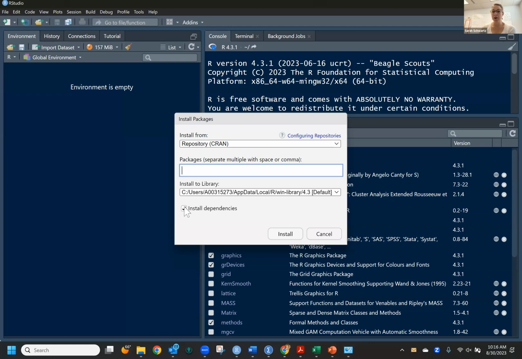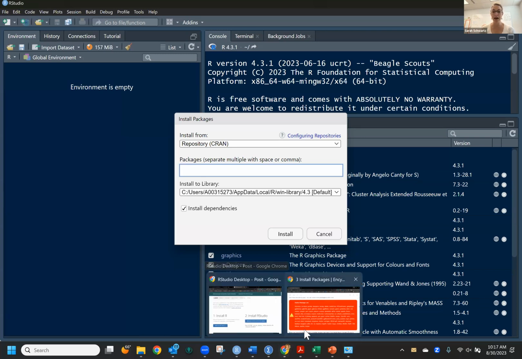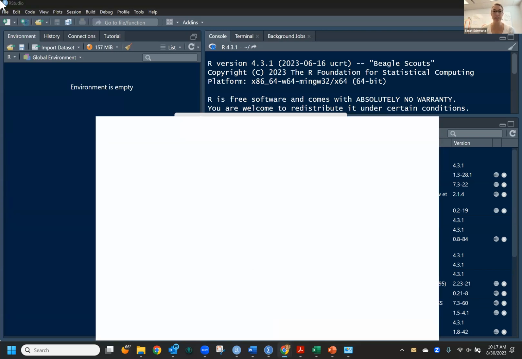The check mark at the bottom says install dependencies. This is because sometimes one package relies on a different package, and so for the one you want to work, sometimes you have to get other ones that it works in conjunction with. So all we need now is, on this blank long space, to put the names of the packages we want, separated by spaces or commas. And if you go back to the encyclopedia